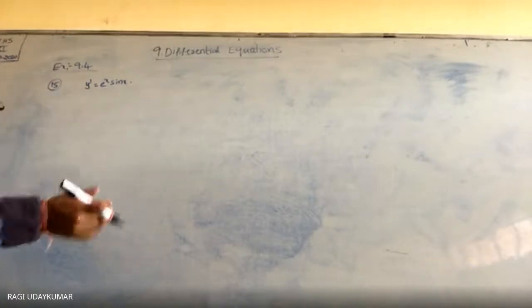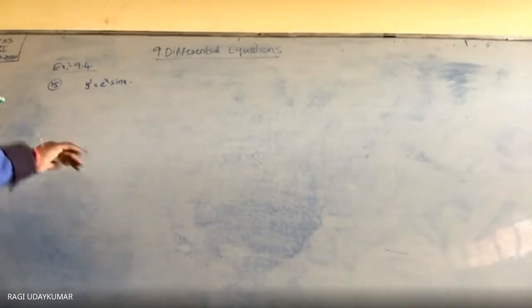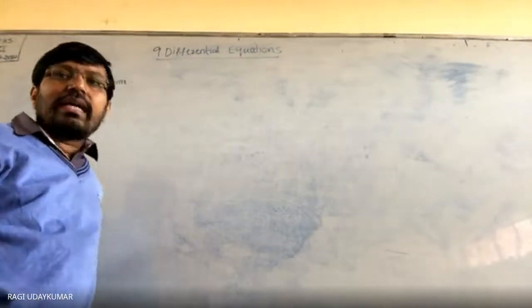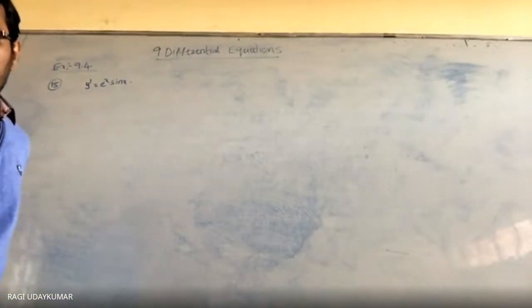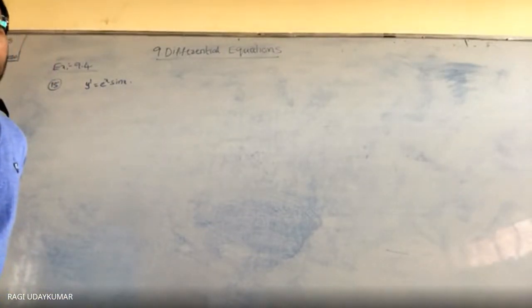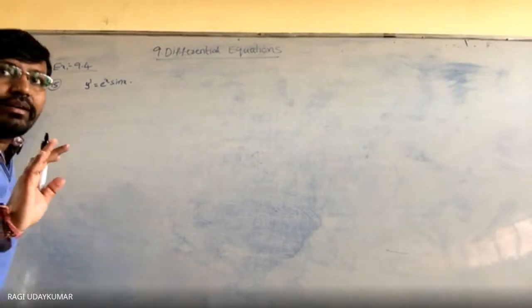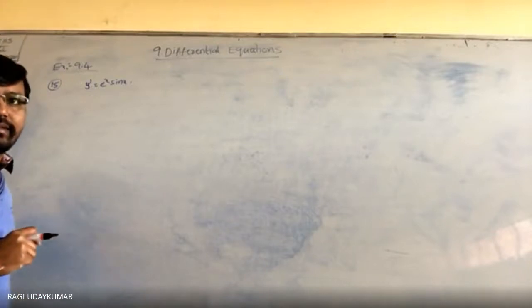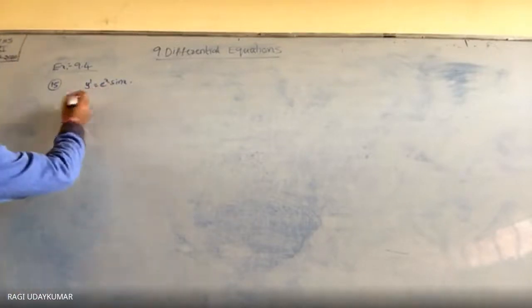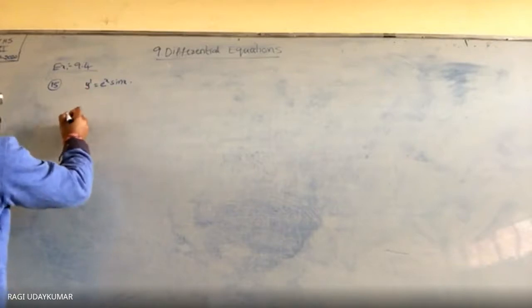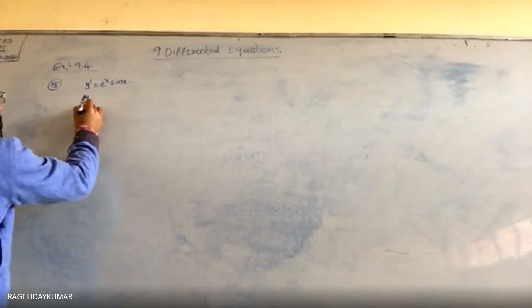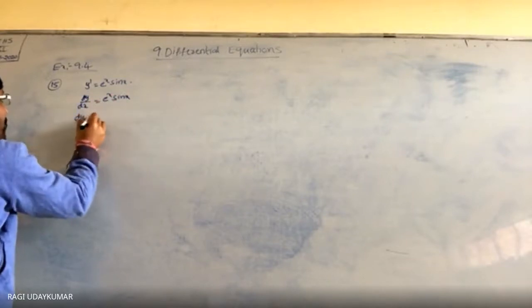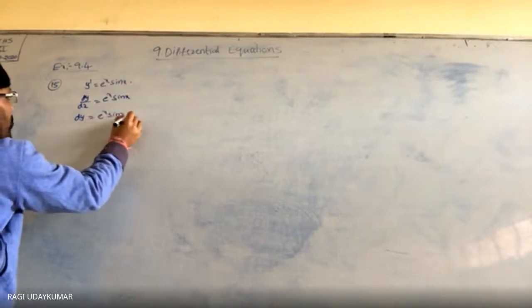We need to find the equation of the curve passing through this point and whose differential equation is this. That means we have to find the solution. Passing through the point 0, 0 gives the constant value. You are not supposed to find the general solution. You need to find the particular solution in this case. Okay. So now what to do here? Y dash can be written as dy by dx is equals to e power x sin x. So take dx to the other side. dy is equals to e power x sin x into dx.